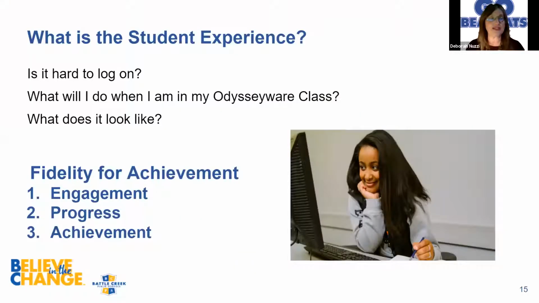What is the student experience? Is it hard to log on? What do I do when I'm in my class? What does it look like? So in just a moment, I'm going to pass this over to Mrs. Baisden. But the other thing that I learned through Odysseyware